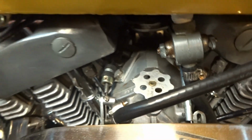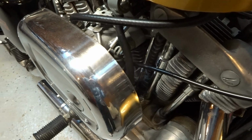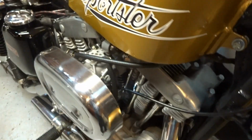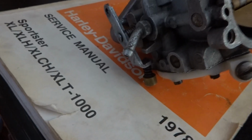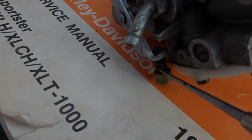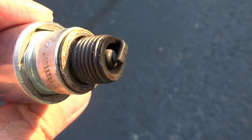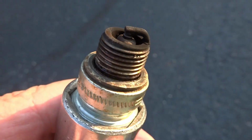So the last thing we're going to do is to fine tune our carburetor for optimum performance and optimum gas mileage. So that's our goal here. Okay, we'll be working with our throttle stop screw here and our low speed needle right on top, and our intermediate needle, which is going to richen or lean the carburetor out right here. And our goal is to have a nice clean burn to our spark plugs, just like this one,